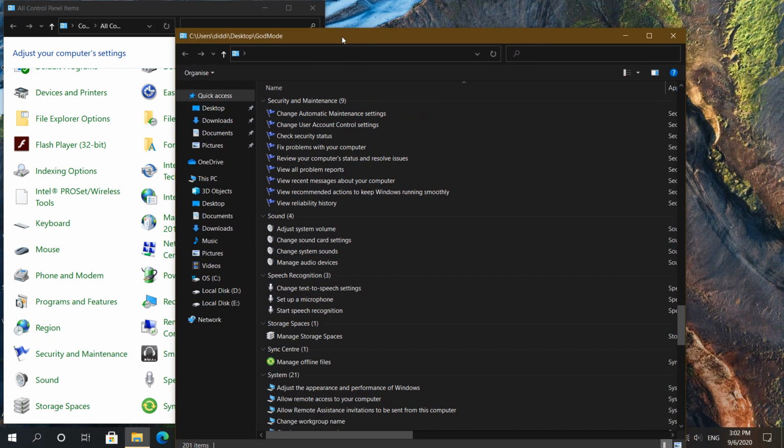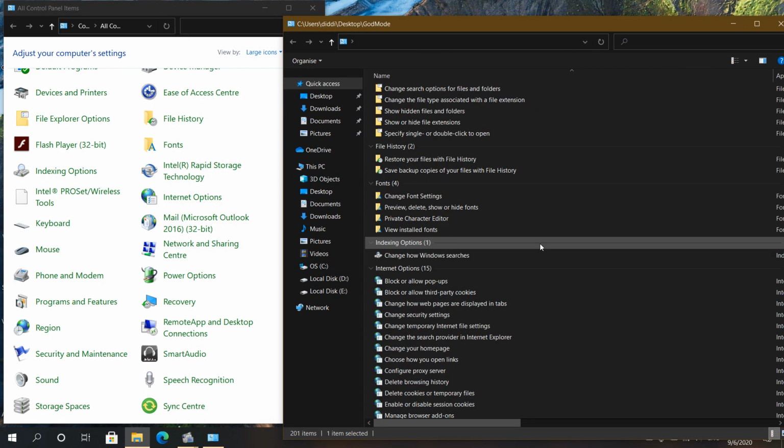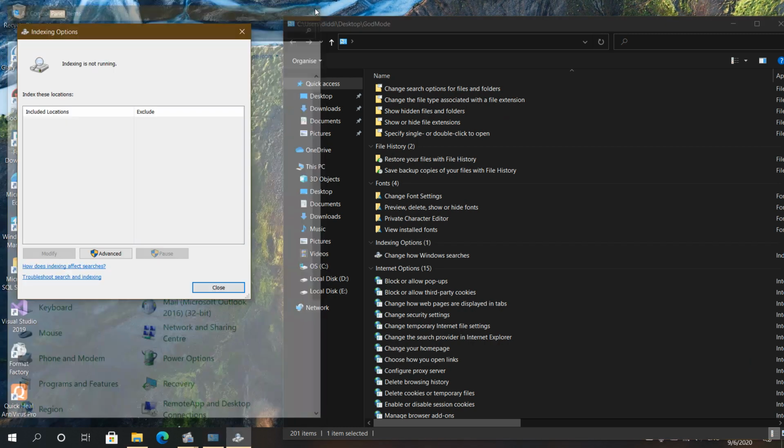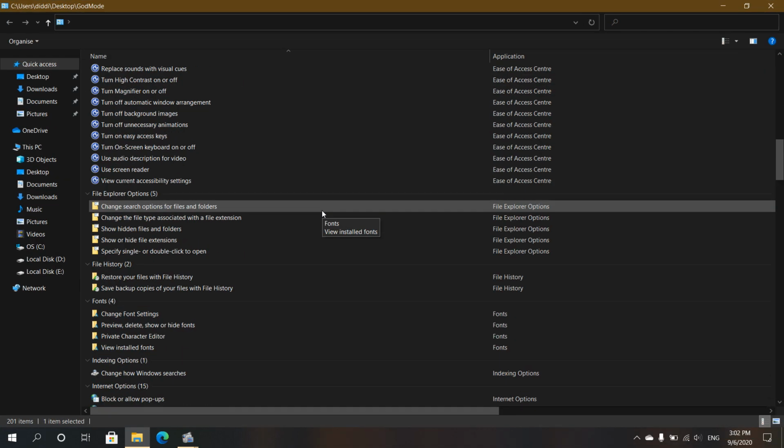And this side is the master control panel. You can see there are many more options available than in the normal control panel. Sometimes we call this the Windows master control panel.